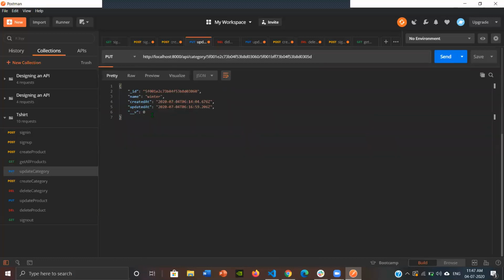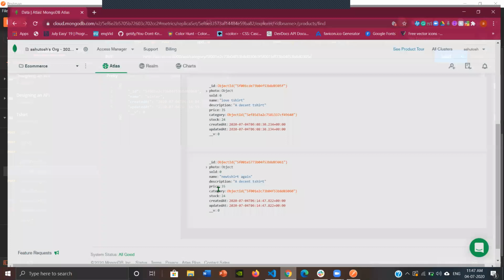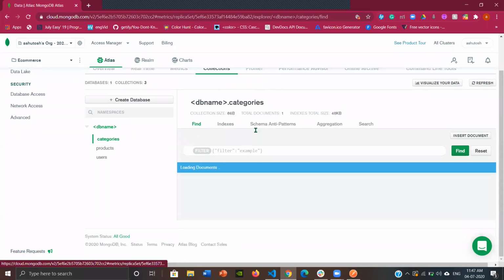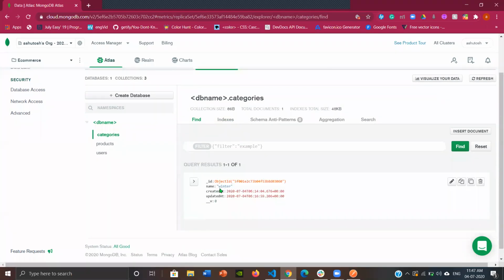Yeah, so we have updated a category. Earlier it was rainy and now it is winter. You can see in our database also that the category is updated. It is now winter.